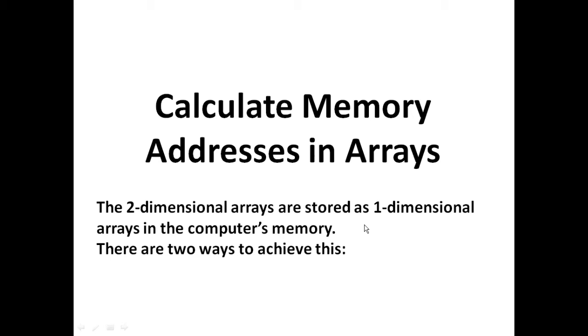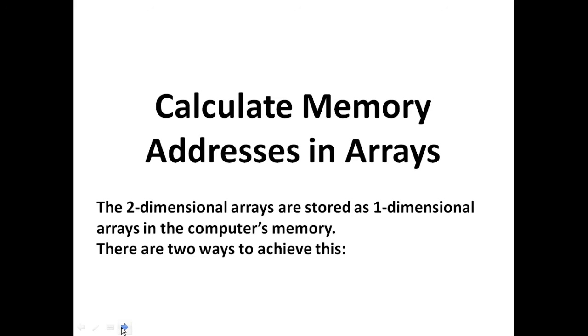Now suppose you have 4 rows, 4 columns. That can be written as first row, 4 columns, again second row, 4 columns, third row, 4 columns, isn't it? And fourth row, 4 columns. That means a two dimensional array can be stored as single dimensional in the computer memory. There are two different ways we can store a two dimensional array, either row wise or column wise. Two different ways are there.